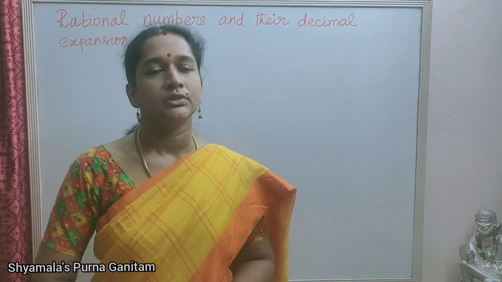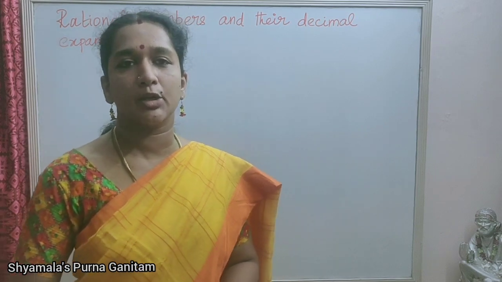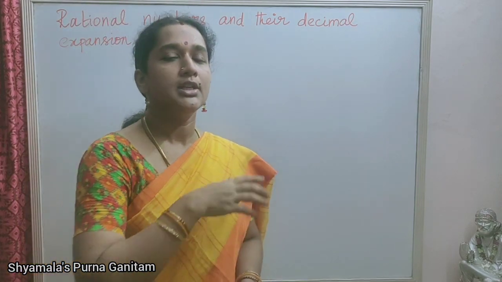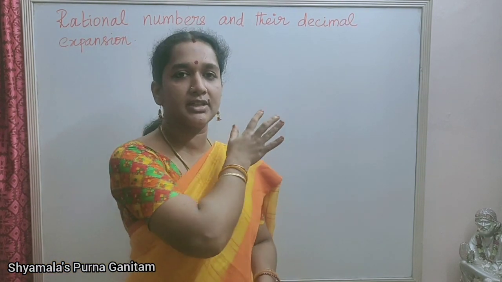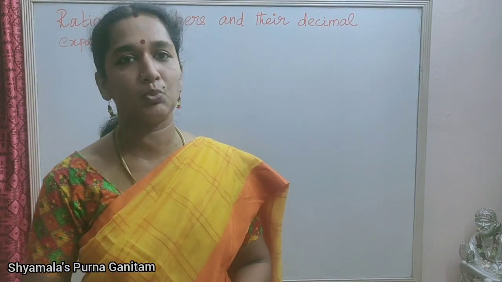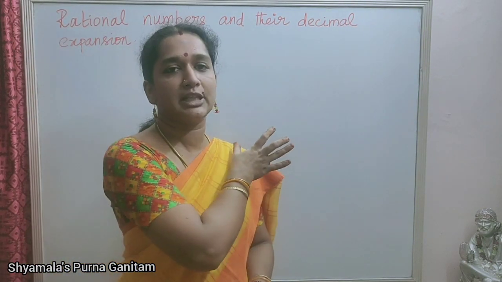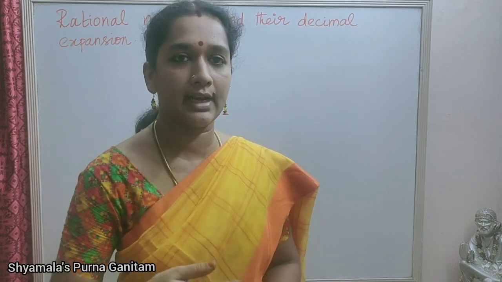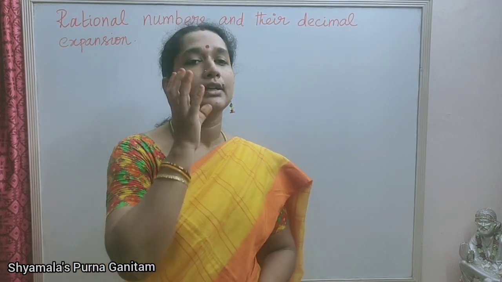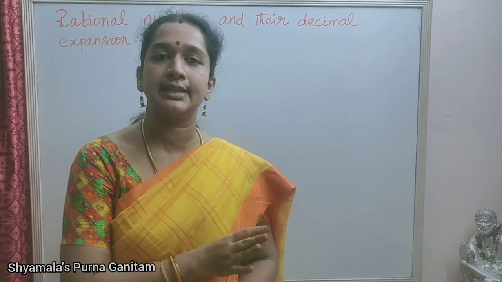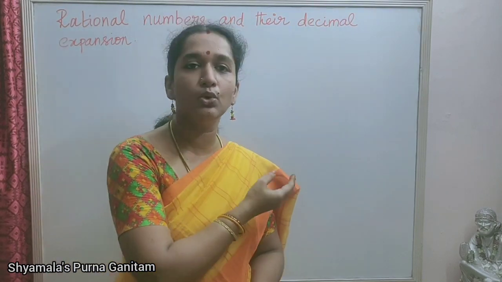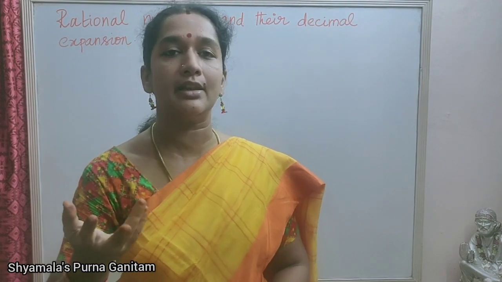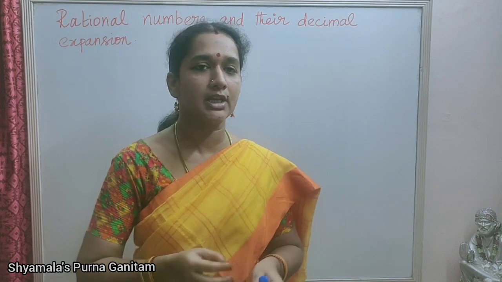Okay. One more application of the fundamental theorem of arithmetic is rational numbers and their decimal expansion. Sums based on these rational numbers and decimal expansion, we have in exercise 1.4. After this explanation, I will be doing that exercise 1.4. The previous sum, root 2 is irrational, is the same type of sums you have in exercise 1.3. I have given you root 2 as a model. In that exercise, we have other irrational numbers to prove. The same procedure has to be followed.